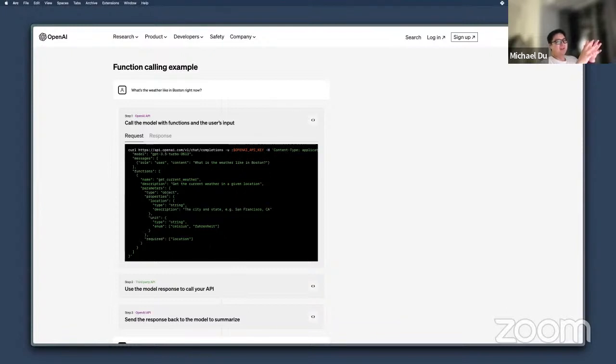But the process will be hidden from the user. The user won't see that the GPT model is actually generating the API call. So with all the function calling updates, right?